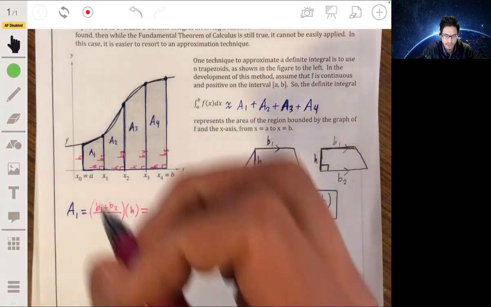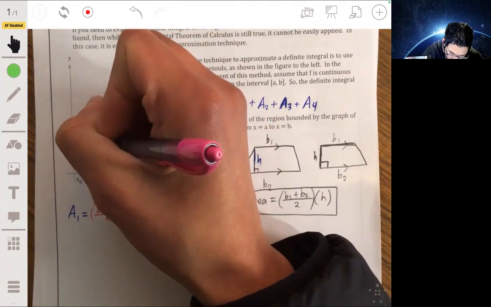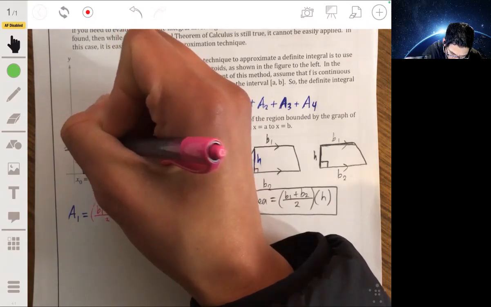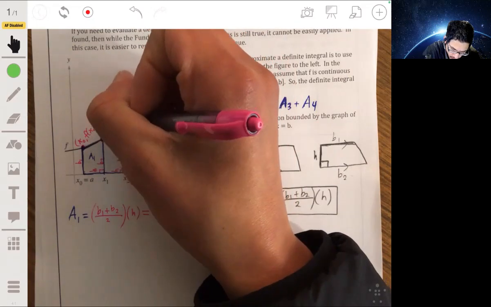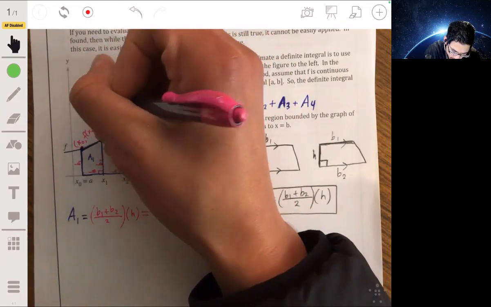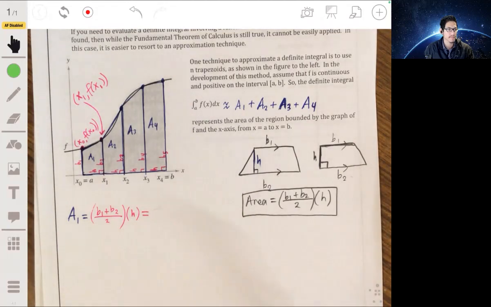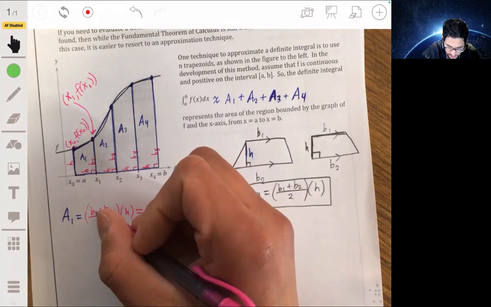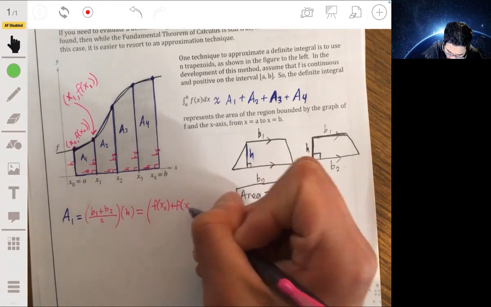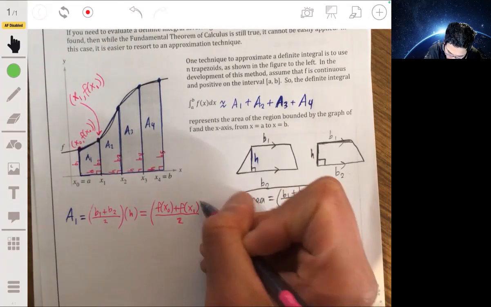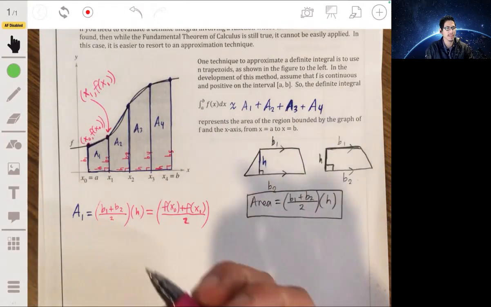B1 and B2, how do you find those? Well, these are going to just be the values of y at these coordinates of x. Because this will just be, remember, the point x0, f of x0. This point over here will be x1, f of x1. So then the area, the bases B1 and B2 will be f of x0 plus f of x1 over 2. And the heights, this will just be, remember, our delta x, or b minus a divided by n,